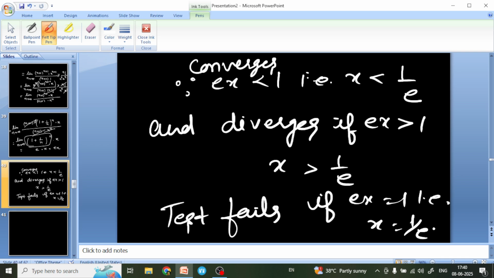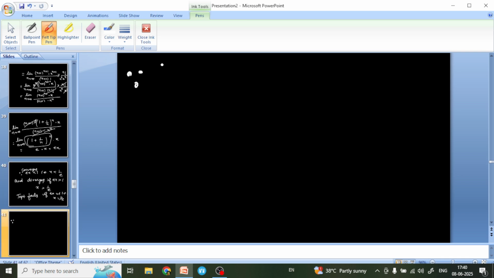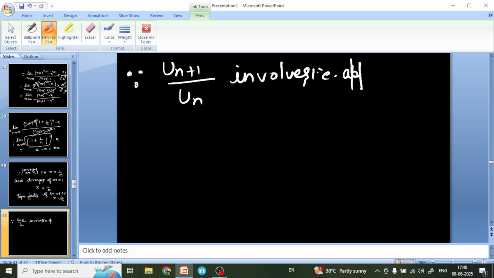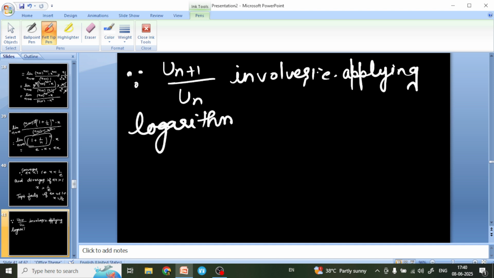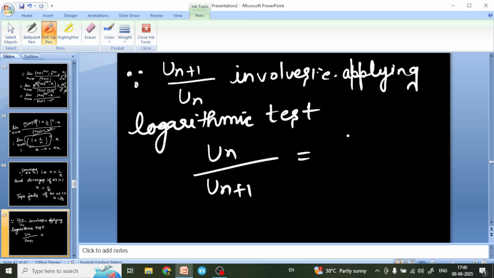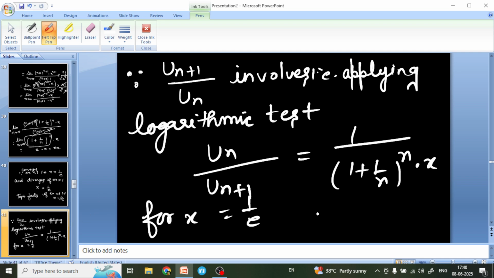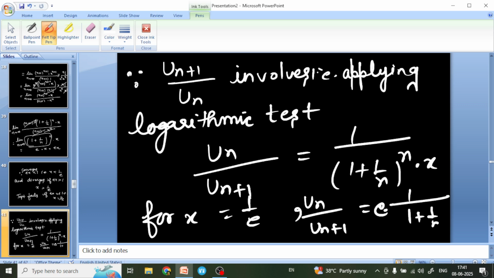because u(n+1) over u(n) involves e, that is, applying logarithmic test, u(n) over u(n+1) is equal to 1 over (1 plus 1 over n) whole power n into x, and for x equal to 1 by e, that is u(n) over u(n+1) equal to 1 by e into 1 by (1 plus 1 by n) whole power n,